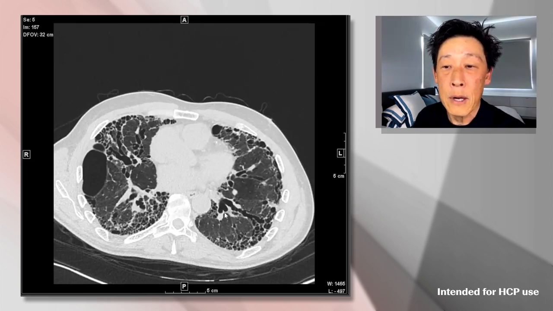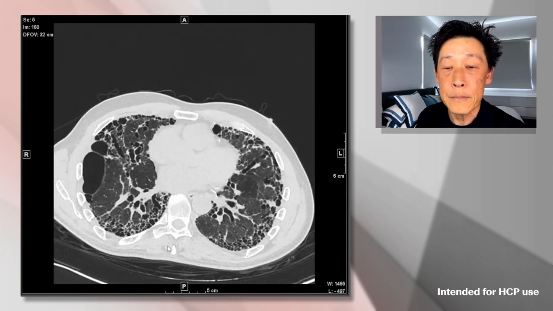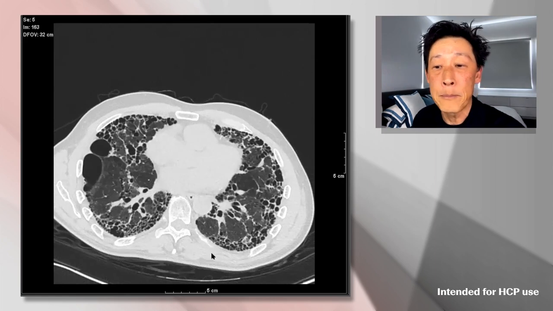So let's go a little bit further down, and now we're at the level of the middle lobe, the right middle lobe and the right lower lobe, the lingula and the left lower lobe. Again, we see some nice traction bronchiectasis and bronchiectasis bilaterally. We see, again, a lot of honeycombing, and notice it's out in the periphery of the lobes, or it favors the periphery of the lobe. And again, if we look here, this is central in the chest, and just as I mentioned earlier, central in the chest doesn't necessarily mean central. When we talk about central and peripheral, it's relative to the lobe. And so even though this area is central to the chest, it's really peripheral to the lobe.